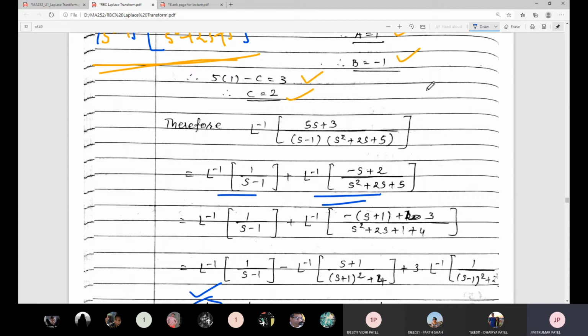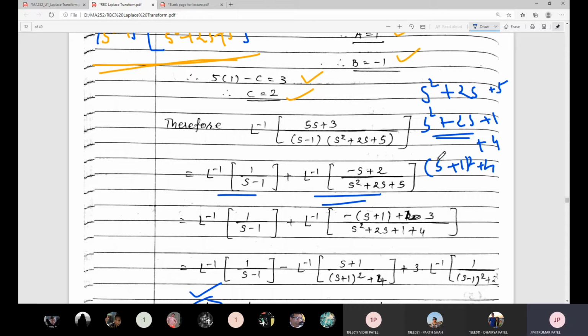So here, s square plus 2s plus 5, I can write in the form s square plus 2s plus 1 plus 4. Okay, so this is the linear factor whole square, that means s plus 1 whole square plus 4. Am I right? Okay, so with s plus 1 whole square plus 4 set in the denominator, now I have to set the numerator accordingly as well. We can set it accordingly.